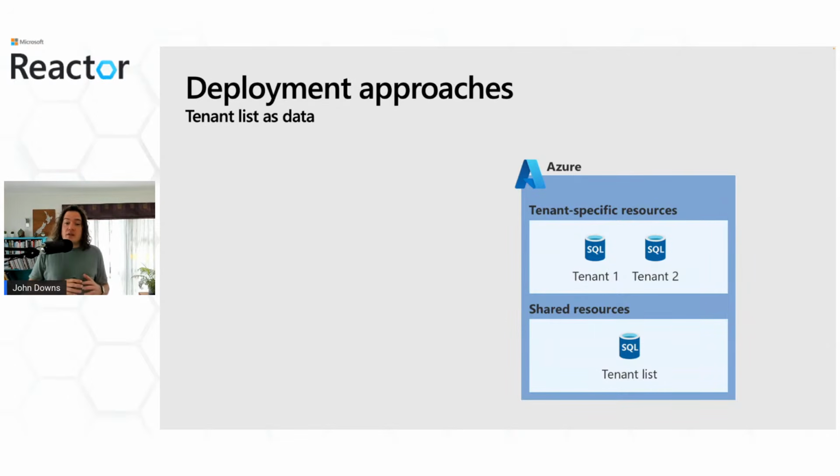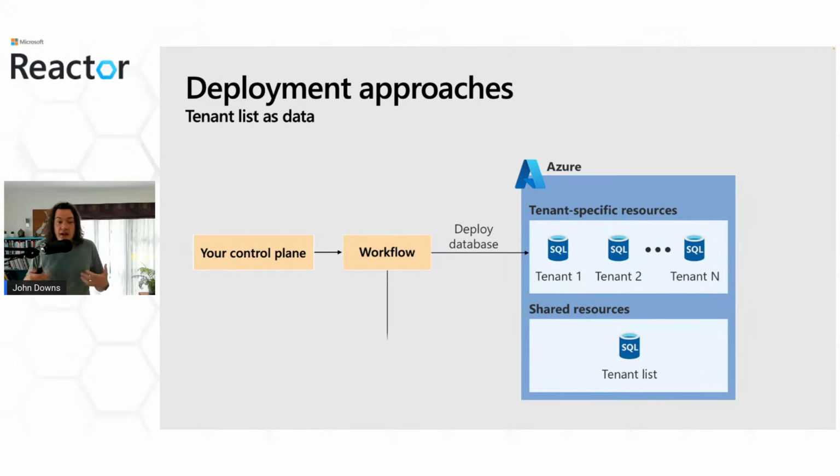Another option is to treat your tenant list as data and to have your application control how new tenants are provisioned. So you'll build something called a control plane, which might be triggered by a self-service tenant registration form or a CRM or Azure Marketplace or something else. And then when the control plane receives a request to add a new tenant, it triggers a workflow. And the first thing the workflow does is deploys the new tenant's database. Then the workflow can update a tenant list, a shared tenant list somewhere central, to include the new tenant's information, as well as things like their database details or their connection string.